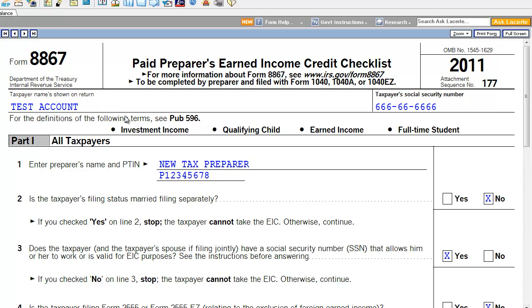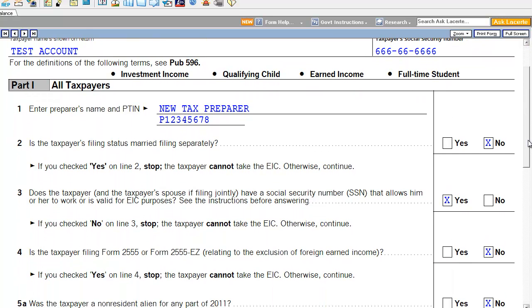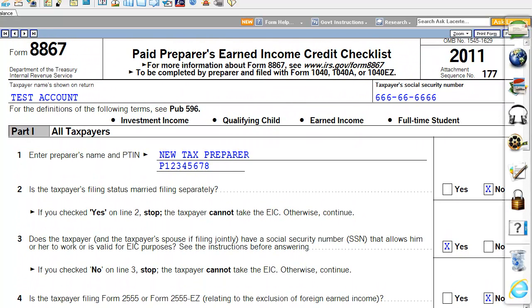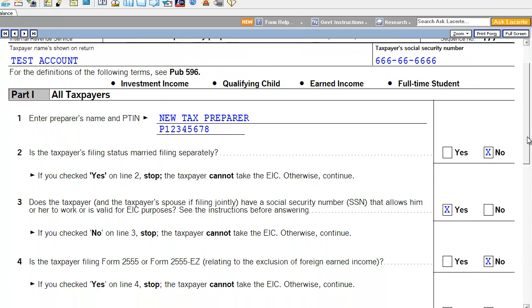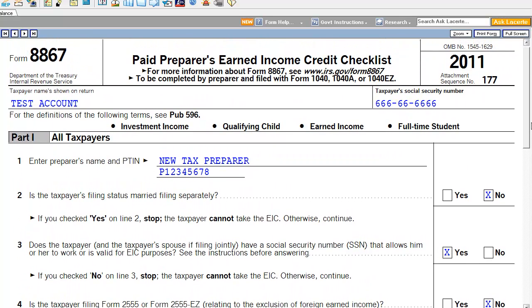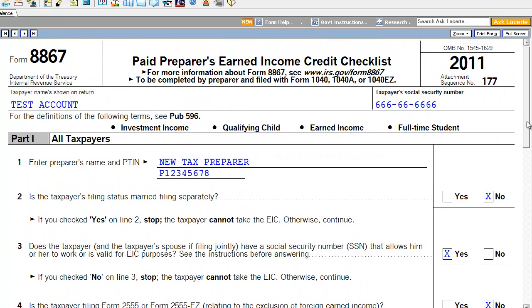Okay, so you can see here that this is the taxpayer's name, social security number. So you're verifying this taxpayer's eligibility to receive the earned income credit. Look here on the front of the form where it actually has the preparer's name and PTIN on the 8867. Okay, that's a major factor as a preparer. IRS